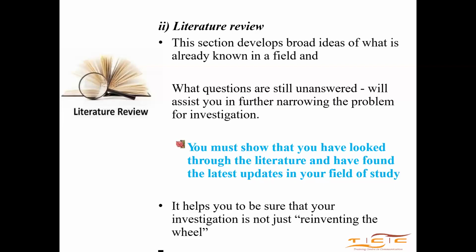So if objective 1 was about the proximate analysis of that feed, I want you to start reviewing literature on proximate analysis of fish feeds. So that when I read through a literature review section, I see that it is structured in the way the objectives appear. And then under each, based on your own knowledge, you can easily say, under proximate analysis, I want to talk about feed quality, protein sources, the problems associated with the different protein sources, all that. And then you go to the next one, which is going to review literature attached to growth parameters.